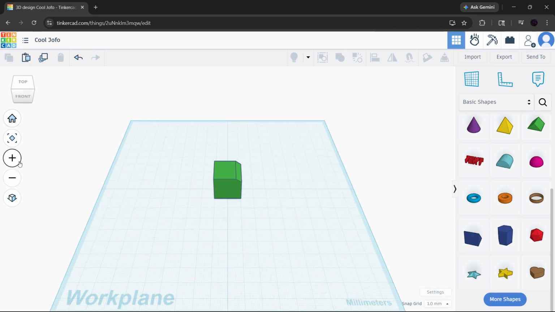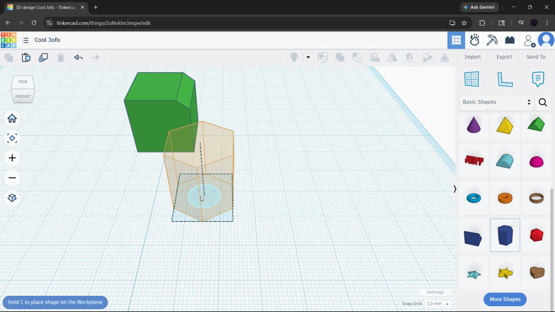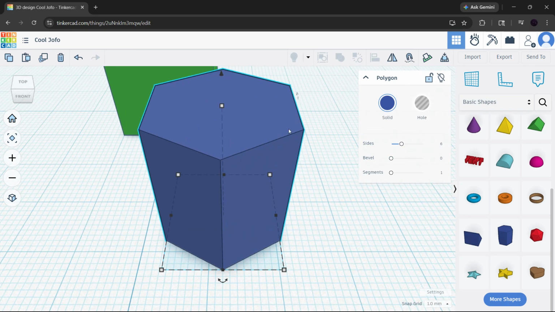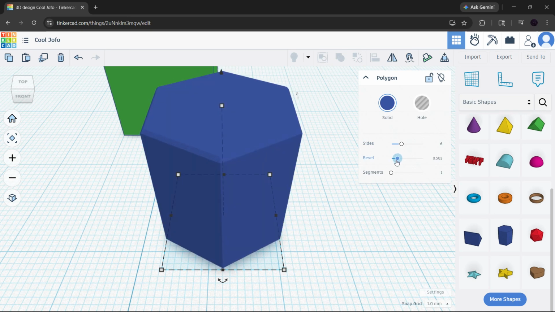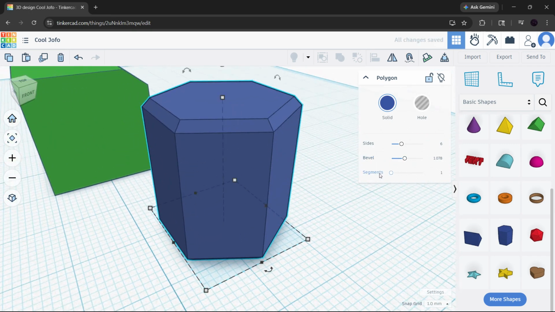This is much quicker, but it only works on certain standard objects in Tinkercad, such as a box or text. To try it, select your object and look at the inspector window in the top right. If the object supports it, you'll see a bevel slider. This slider lets you automatically round or angle the edges of the shape without manually building a cutout. To apply the bevel, simply drag the slider to the right. As you increase the value, Tinkercad will start adding angled edges to the object. This is a great option when you want a fast, clean chamfer on the entire model instead of just one